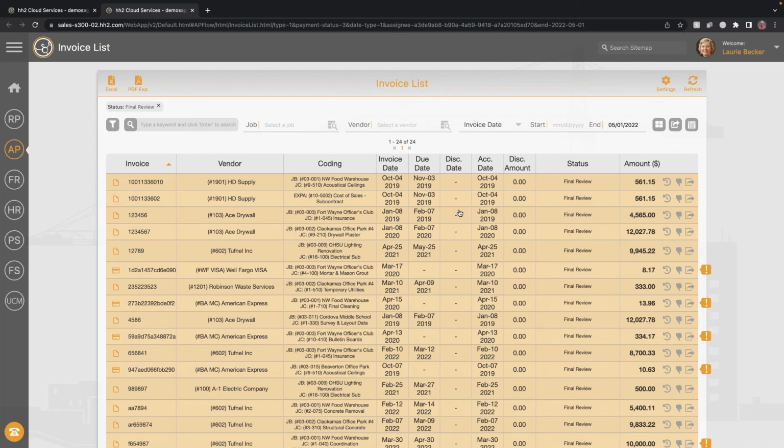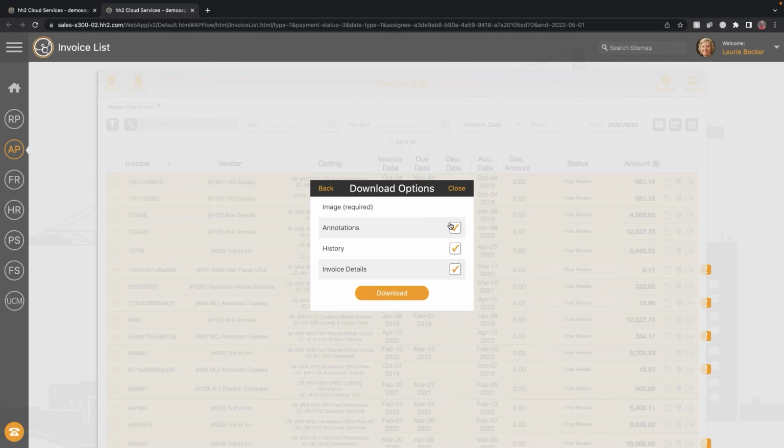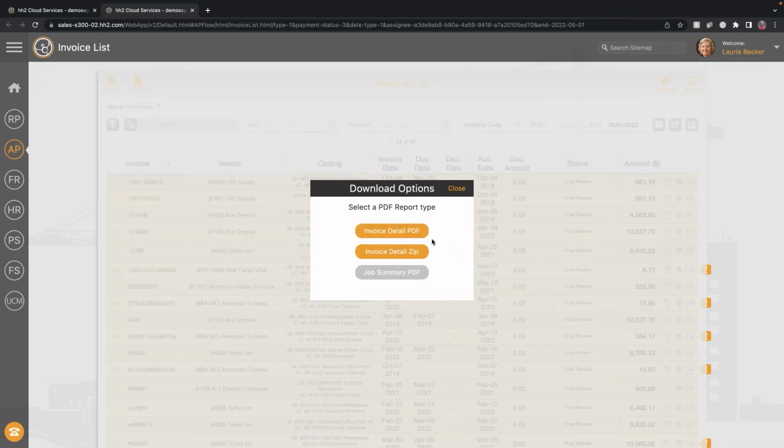Now, what's cool about the invoice list here from an admin perspective is you have all those same tools to filter, sort, select, dump the information down to Excel. Maybe I need some backup into a PDF. I can generate a PDF here. We can include the annotations. I can include a page that shows me the audit trail and the coding and payment details. So I can pull one of those up here real quick. And it just really depends on what you need and what your role is, but always like highlighting some of these popular features there. Okay, and I must have some old data there that's not liking.